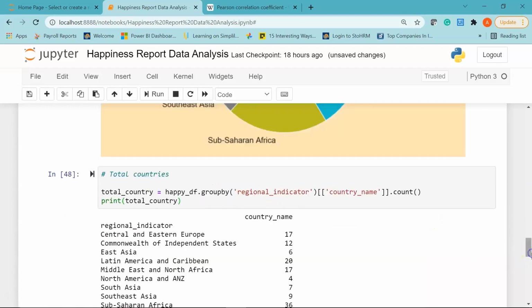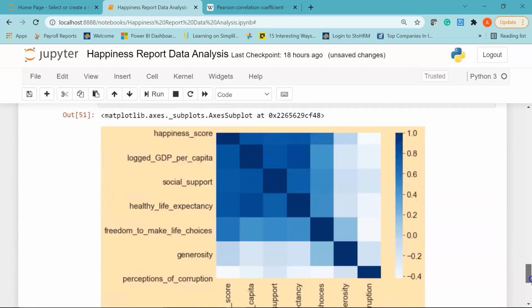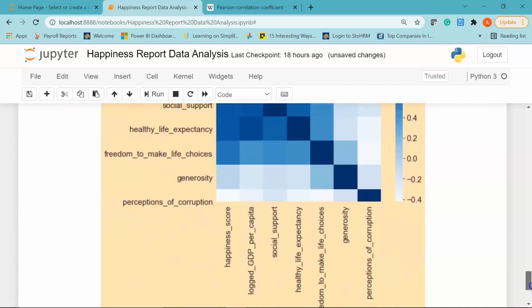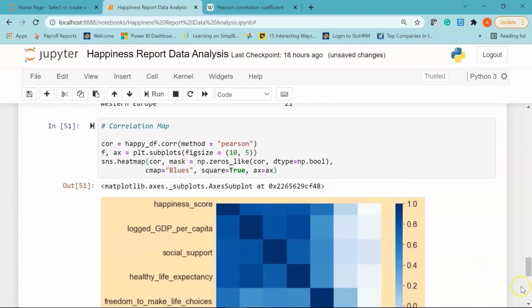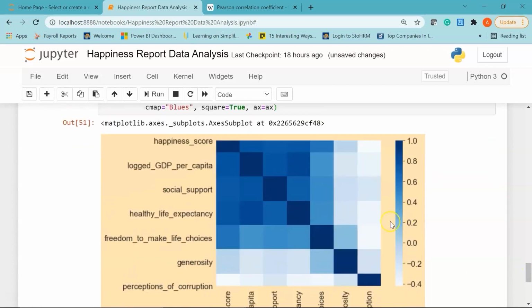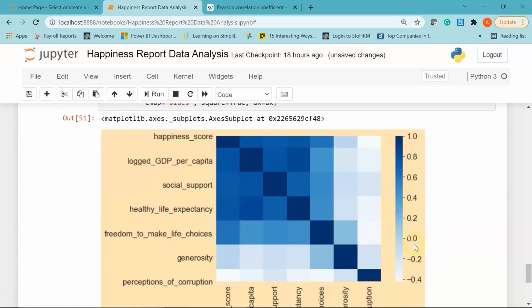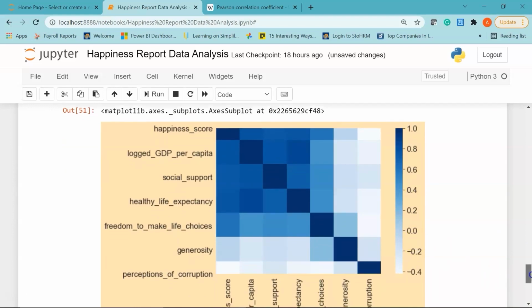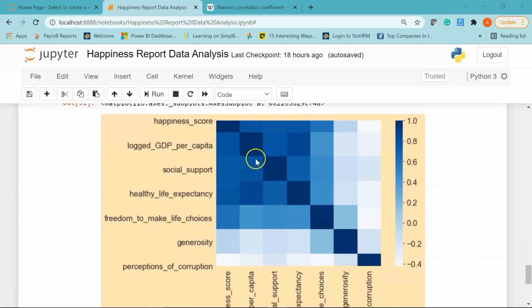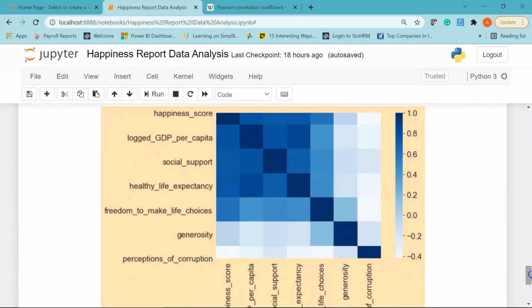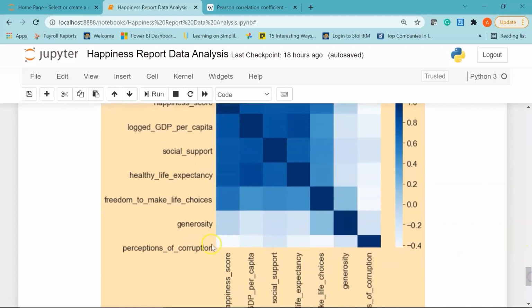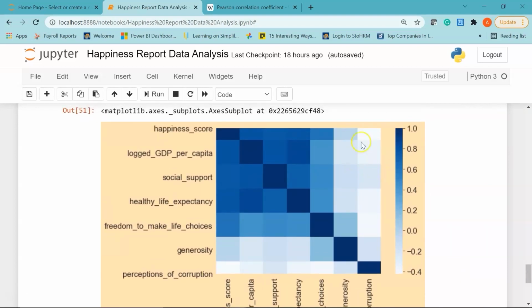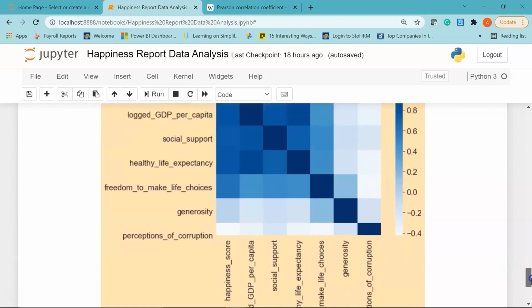There you go. So if I scroll down, here we have the correlation matrix, and since I had given my cmap as blue, you can see it is mostly blue, and we have the scale here. Now I'll tell you how to read this correlation matrix. Wherever the cells are in blue or dark blue color, this means that the variables have very high correlation, and all these cells where you see light blue color or grayish and white color, this indicates that the variables